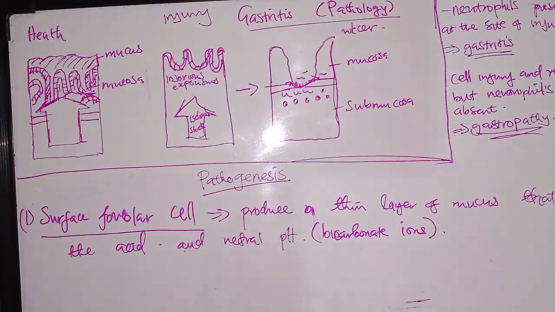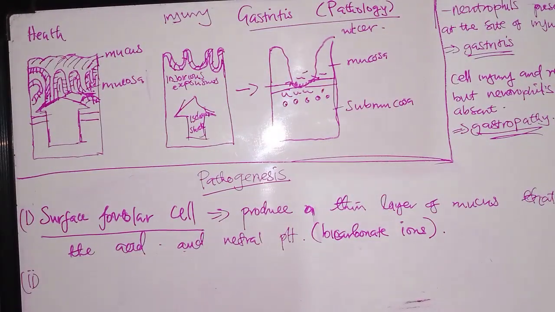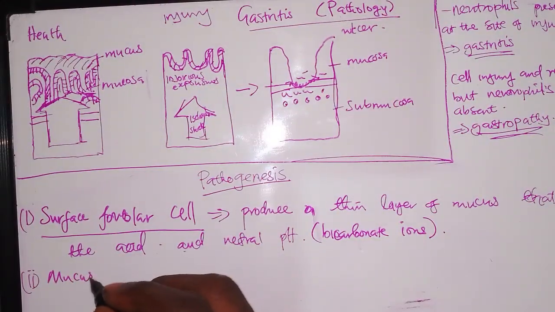We know that a bicarbonate and an acid, when they combine, neutralize each other. So that's why surface foveolar cells also have what? A neutral pH. So apart from producing mucus, they also produce what? Bicarbonate ions. Then we say that the second mechanism is that this mucus layer